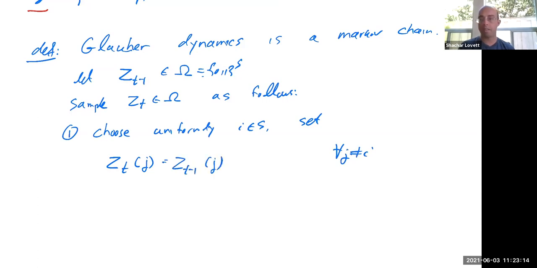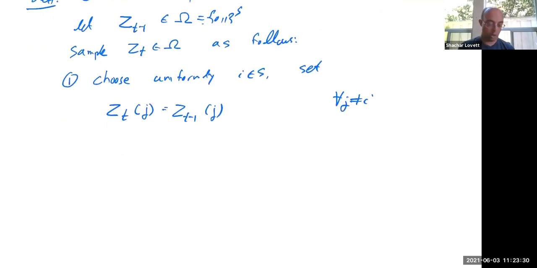So I think of every Z_t as a vector of length |S|. I choose one of the elements randomly, uniformly. That's the one that I might change. All the rest I fix to be as at the step before. And now I just want to change this one last element. So how do I do it? Now step 2. We have 2 options left for Z_t